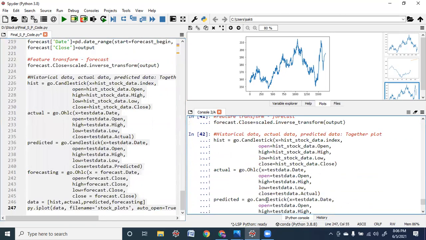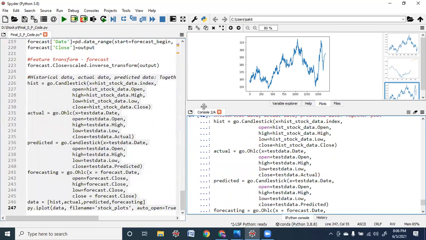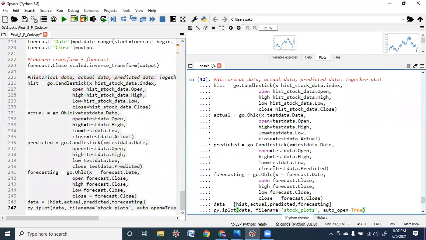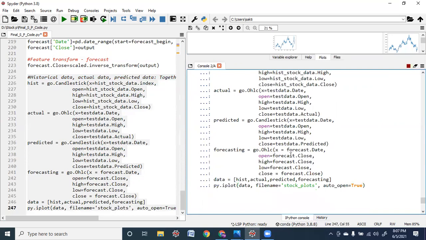Moreover, historical and predicted data is plotted using candlestick, and remaining actual and forecasting are plotted using OHLC, and all these plots are made interactive with iplot command and saved with a file name stock_plots. This file will be permanently saved in Plotly under our specific user login. So we are just drawing all in one and try to save it in the separate file called stock_plots.